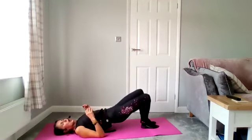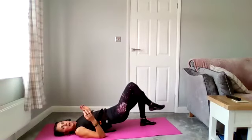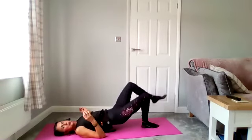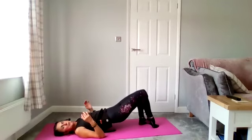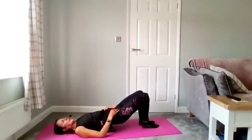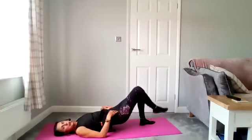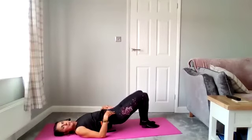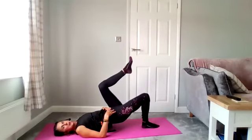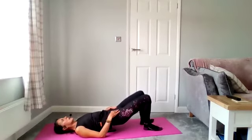Okay, and then again, option. If this is too difficult to go into a tabletop march, what you can do is just raise the heels. So keep the ball of the feet down and raise the heels. So breathe in and breathe out. So you choose, yeah, in your march, breathe in and breathe out. Other side, breathe in and breathe out. Roll it down, vertebrae by vertebrae,